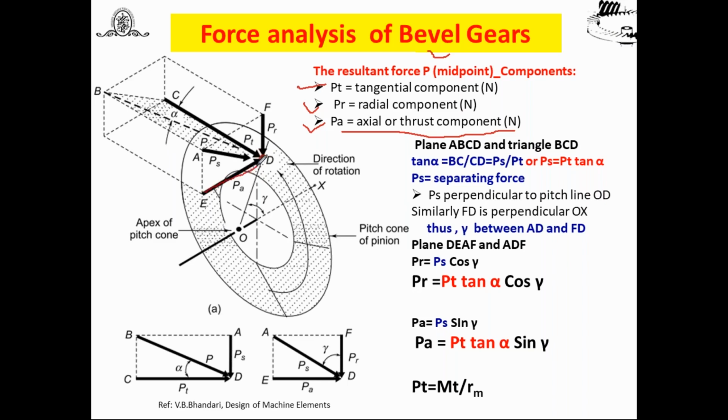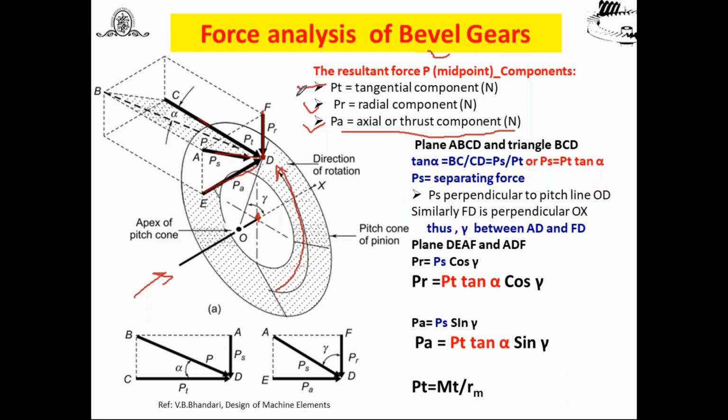After this analysis I will discuss how to decide the direction of these forces. This is the radial component and this is the tangential. Why is this the tangential? If you are an observer from this side, you will find this gear rotates in this direction, anti-clockwise. The PT acts opposite to that. That means the same fundamental of spur gear is used. Then PR, the radial force, always acts towards the center, and then this is the axial force. We will decide how to decide this direction.